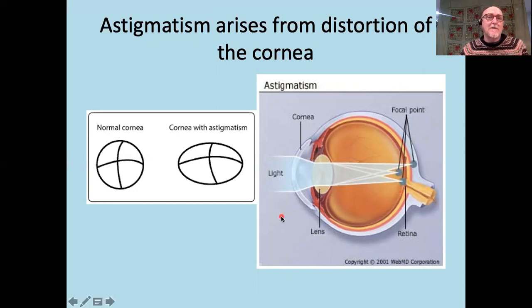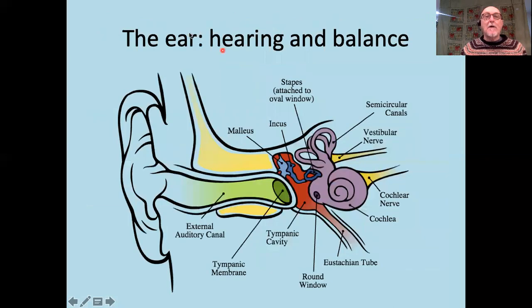This is one of the ones it's difficult to correct with a contact lens. Can be done, but it's a bit more difficult to correct it with a contact lens. It's usually done with glass lenses of one sort or another. So that's the condition of the astigmatism. It's when the cornea is not perfectly spherical and instead casts multiple focal points instead of having all of the image in one plane on the back of the retina. It falls at different points ahead and behind the retina.